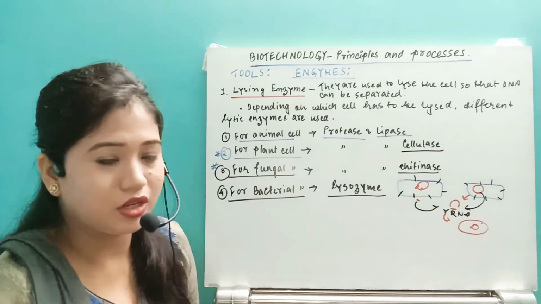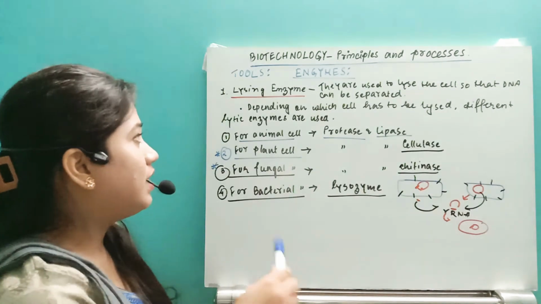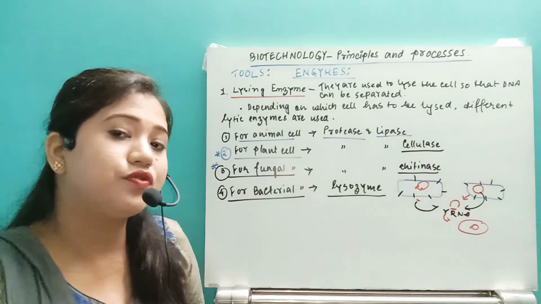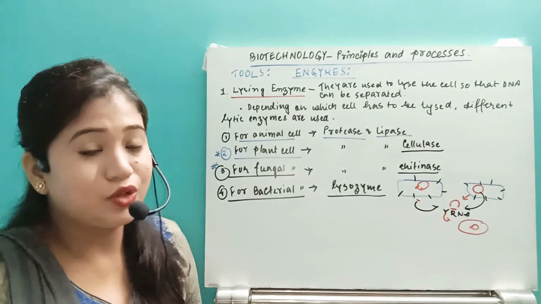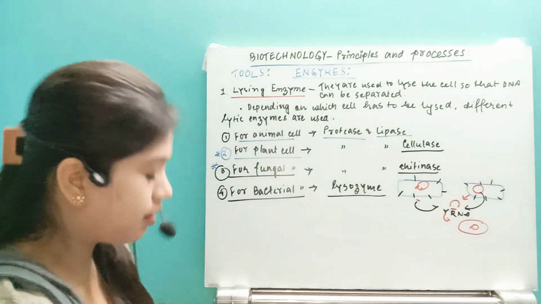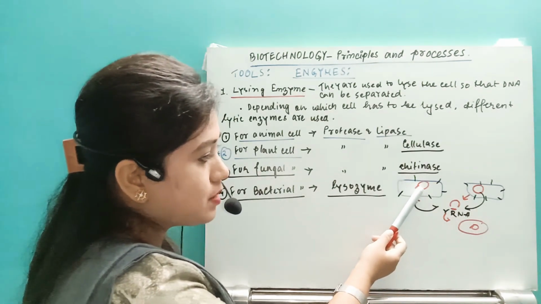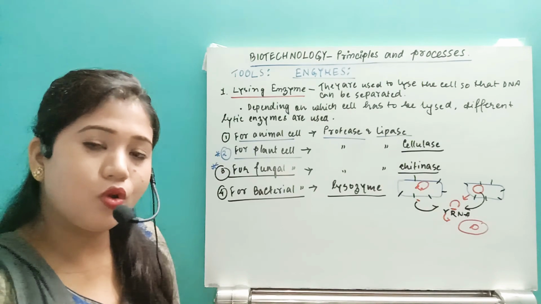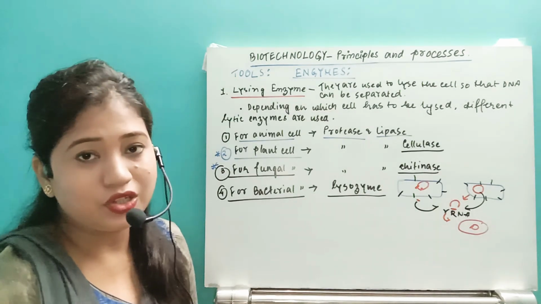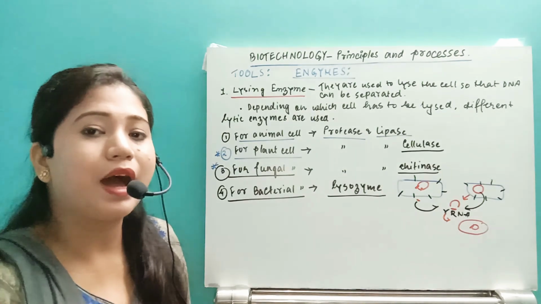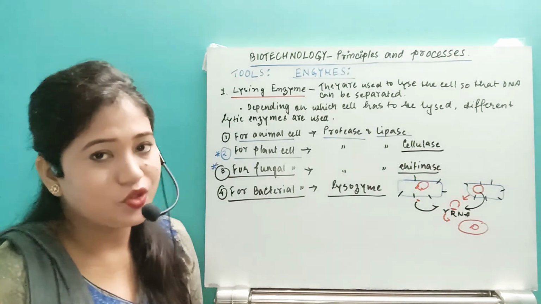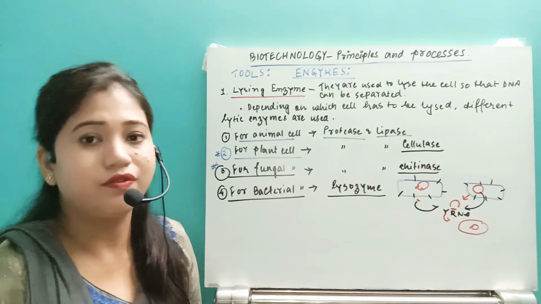One question generally comes from this. So these are the lysing enzymes. We need to know these are the lysing enzymes. After that, we will move to the next group of enzymes, the nuclease enzymes. What we have seen is that for breaking out a specific gene fragment from the whole plasmid, our gene fragment can be extracted by the restriction enzyme or restriction nuclease enzyme. So let's move to the next group of enzymes.